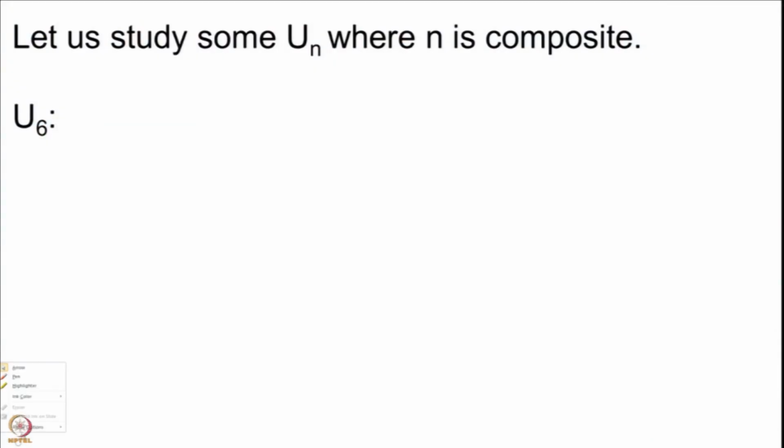We now study the UN slightly more in detail, where n is a composite number. Let us compute these things for some small values of n. So, first of all we look at U6. 6 is the smallest number which is divisible by two different primes. So, we consider U6. U6 has elements which are co-prime to 6, which are co-prime to 2 and 3. So, you get only 2 elements here.